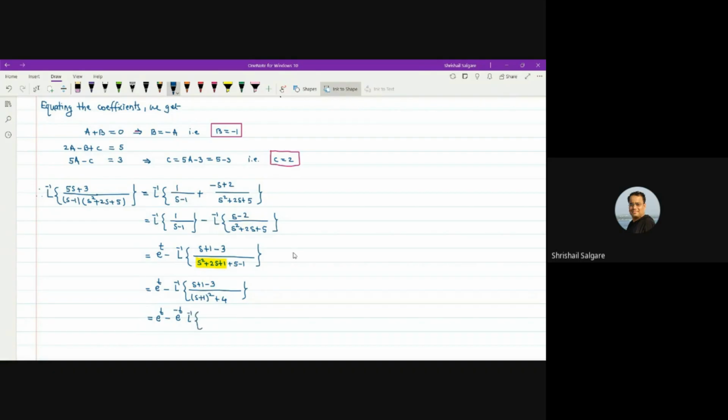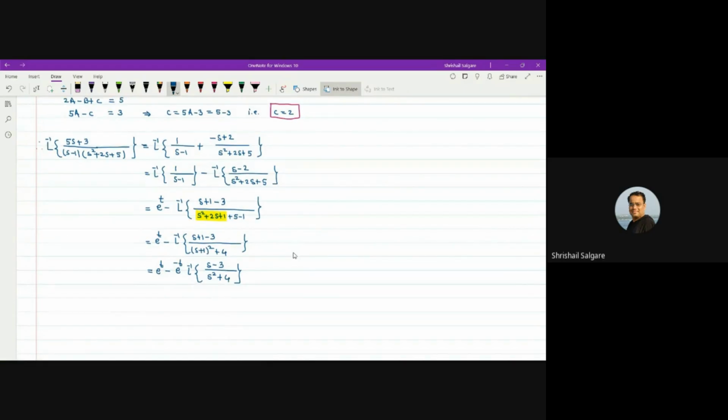Now further, this one I will write as e to the power t minus, by first shifting theorem, this I will write L inverse of (s minus 3) divided by s square plus 4. So further, this one I will write as e to the power t minus e to the power minus t into bracket L inverse of s divided by s square plus 4 minus